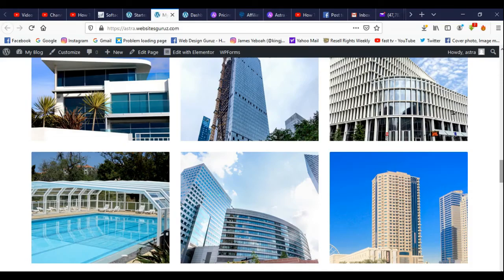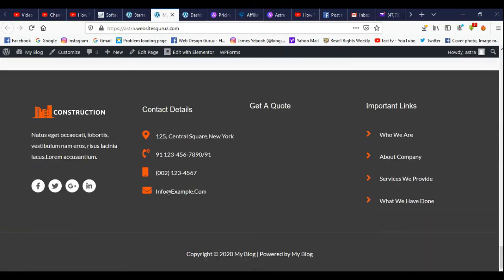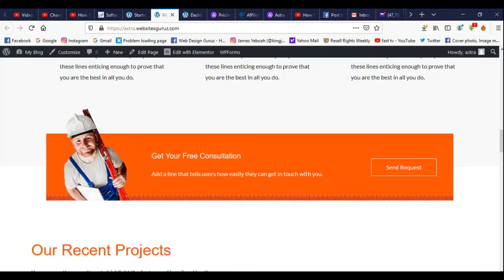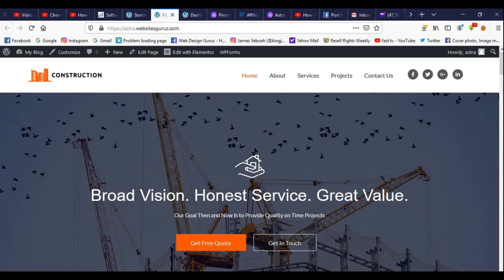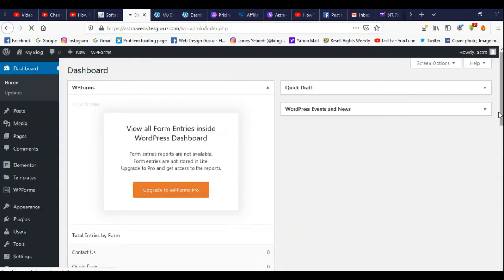So this is the front end. This is how our website looks like. Isn't it amazing? And you can give this one to your clients to have some toolbox on your side. So, as it is now,